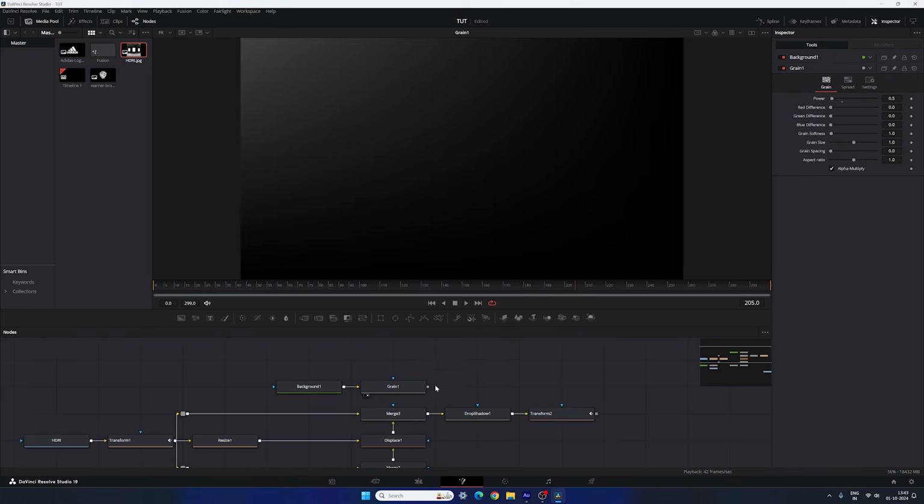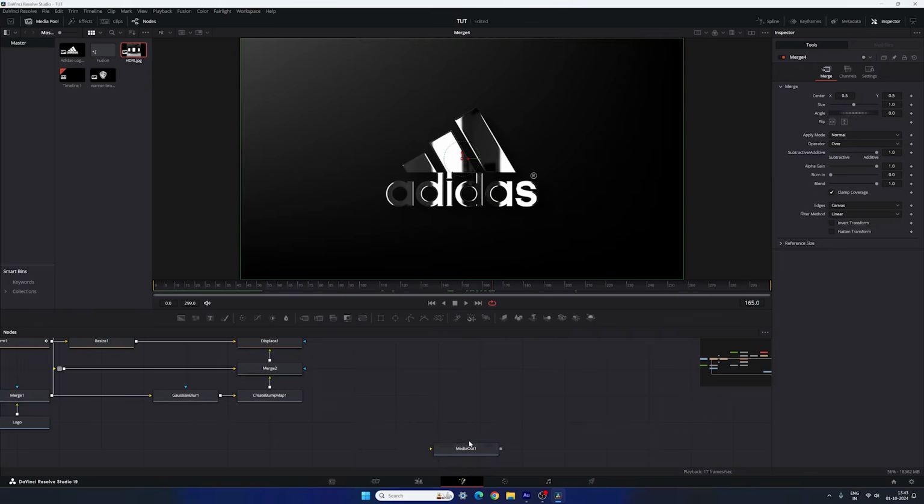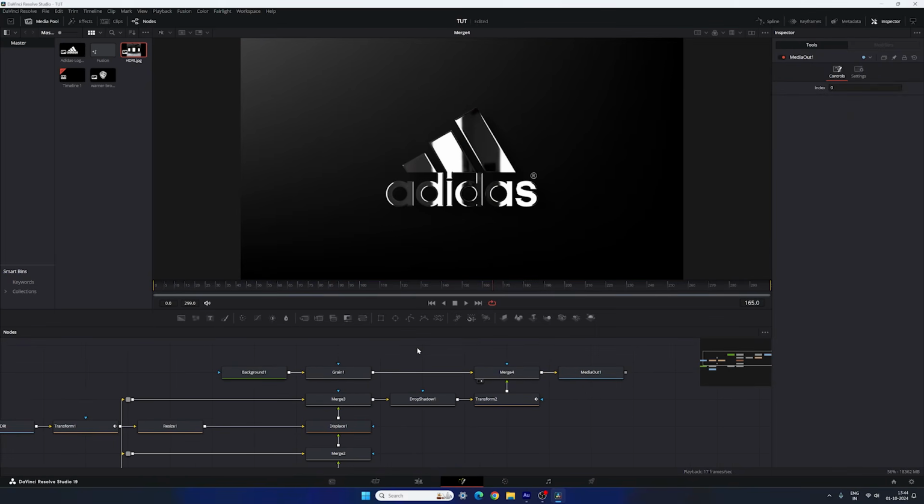Now I'm gonna attach this background with this logo. So take a new merge node. We will connect this yellow point, which is the background point, with this grain, and green foreground point with this transform, and drag and drop the merge to the viewer. And finally you can connect the media out, and after that we will apply one more thing, which is the